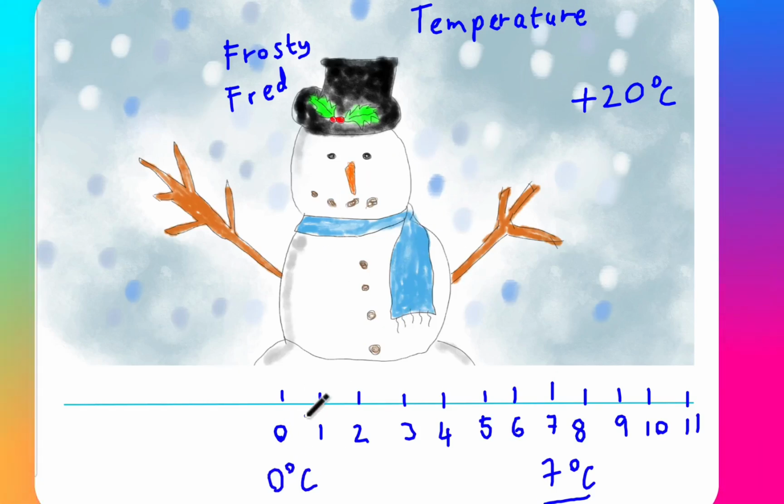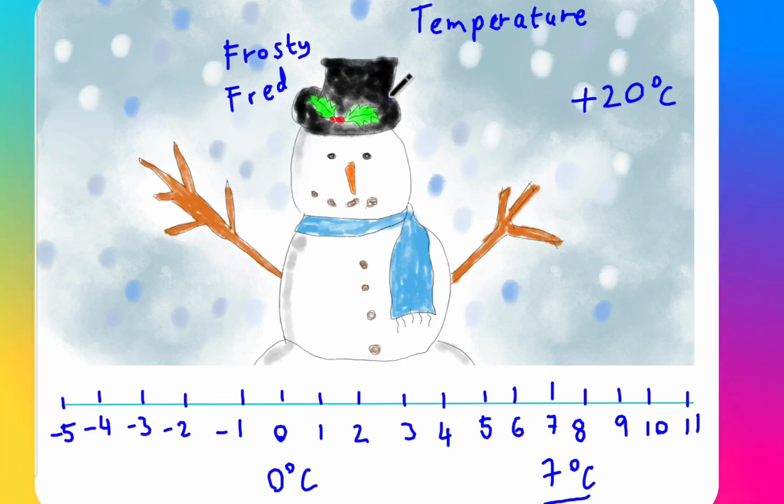If you look at your car, or maybe you watch the weather on the TV and look at the temperature, next time you're watching the weather, find out what temperature it is, and you can find out how cold it is. For Frosty Fred to exist, the temperature has to be a negative number. So after we have a temperature of 0, we actually have negative numbers as temperatures. So we have -2, -3, -4 and -5, and so on and so forth.